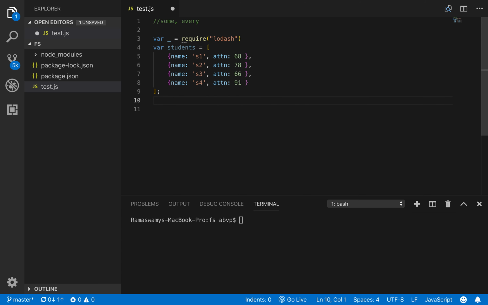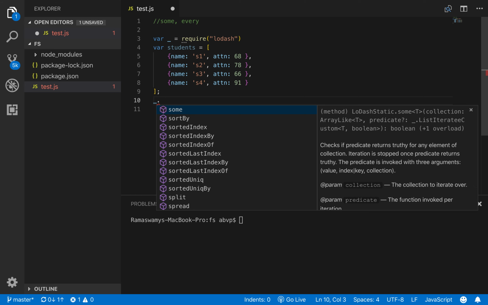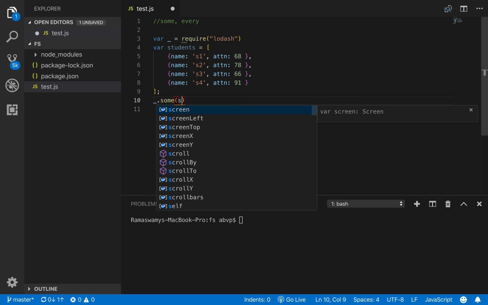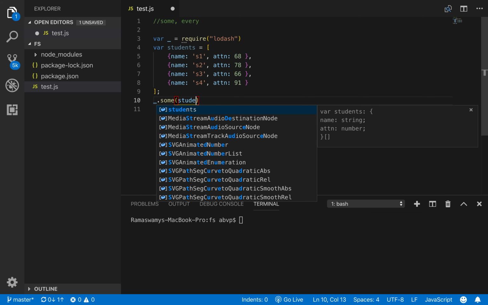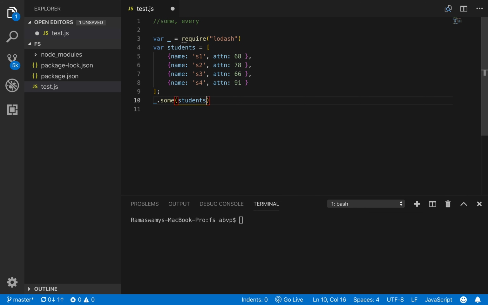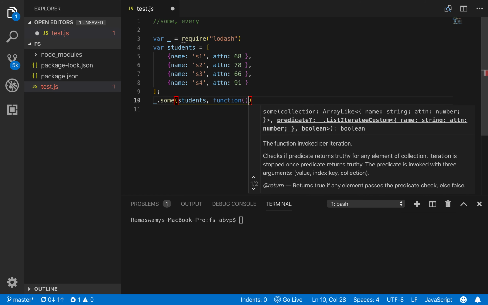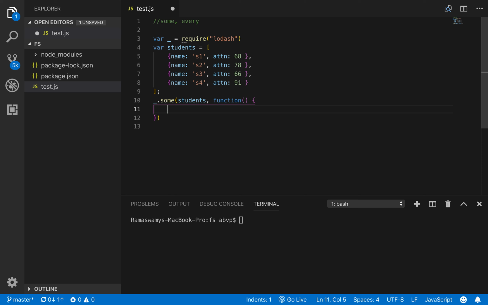Now we can refer to the library and invoke the function some and pass in the array students, and the second parameter is a function. So let us have an anonymous function.